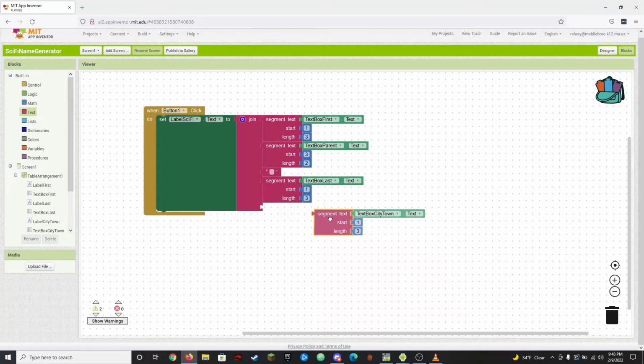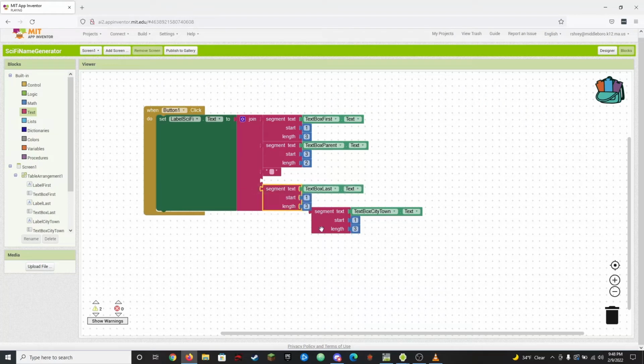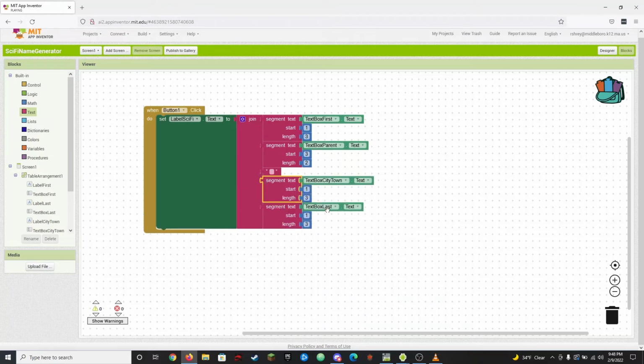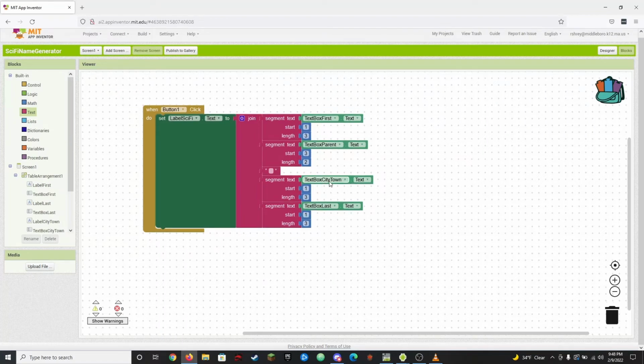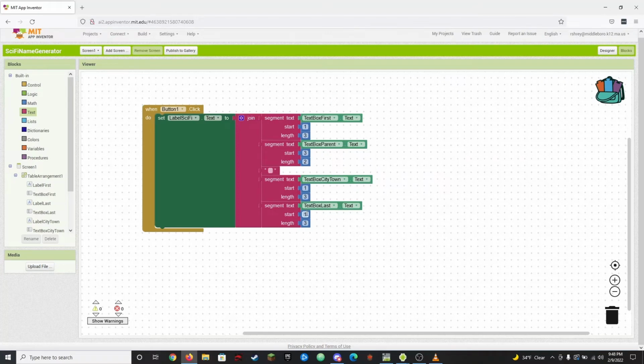And actually, I think I'll change the order here. Instead of the beginning of your last name, because we did the beginning of your real first name, let's go the end of your first name. So I'll do city or town of birth, start at 1, length of 3, and let's do a chunk of your last name